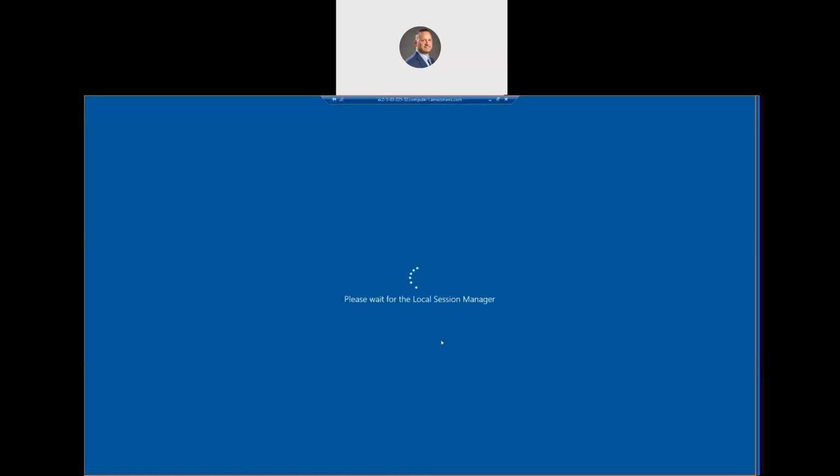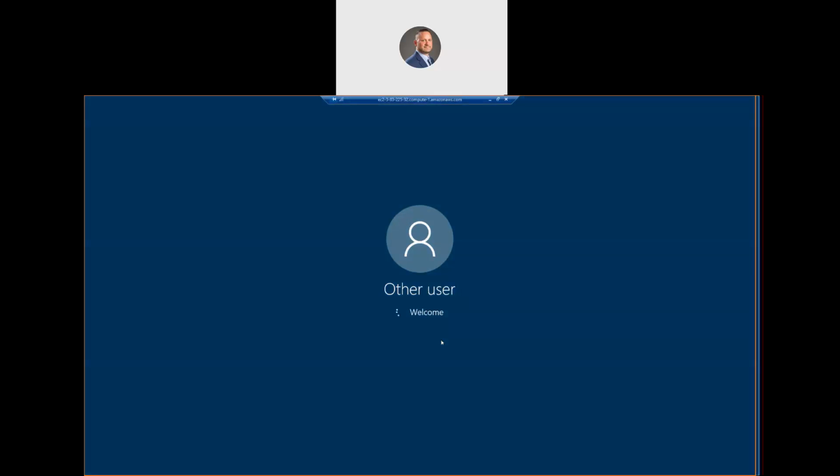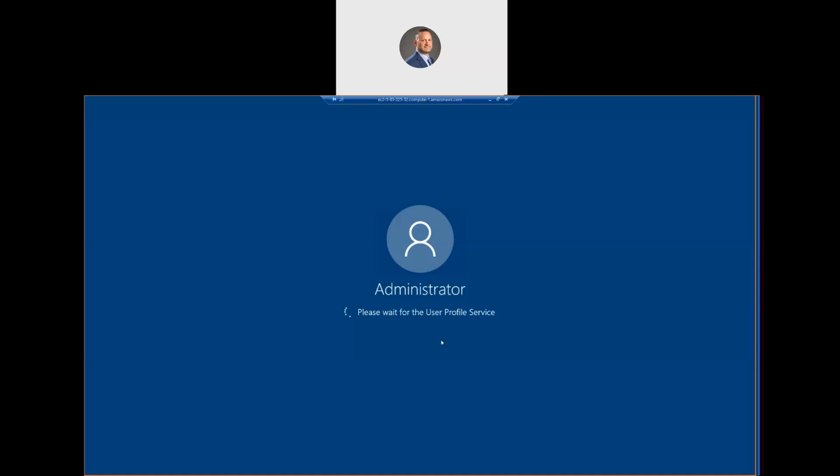And now the server is booting up. It's almost like an installation of Windows. So it's making my local profile. So it's the first time anybody's ever been into this server.